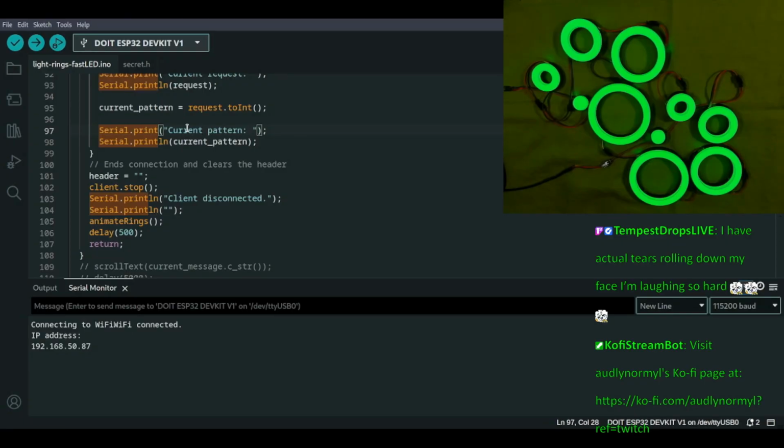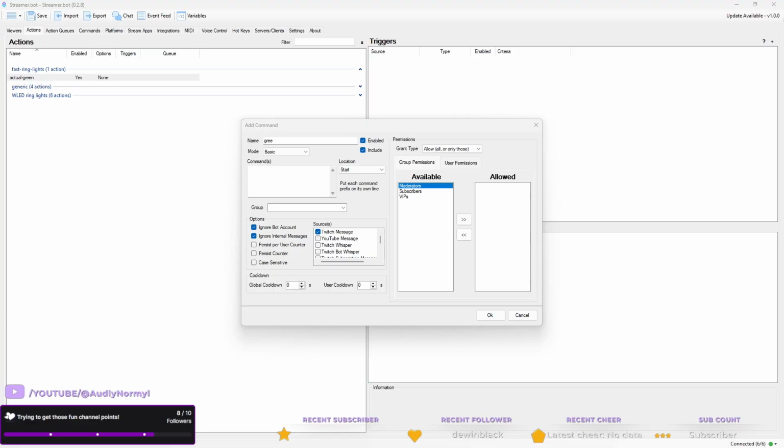Green. Oh, I'm on the wrong screen. Okay. There we go. And then for now, we won't worry about cooldowns and stuff. And this is where I was talking about where I can add it here to the shared chat. So that should work, hopefully.